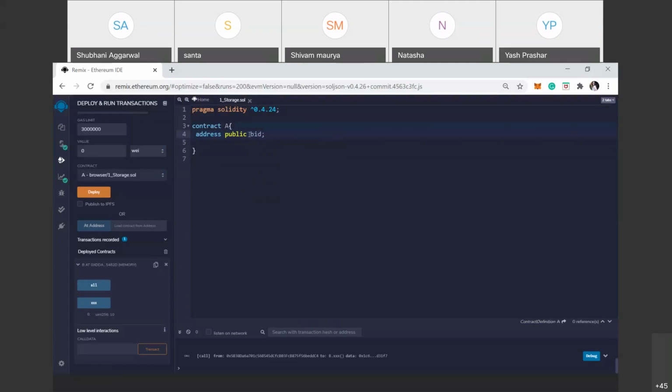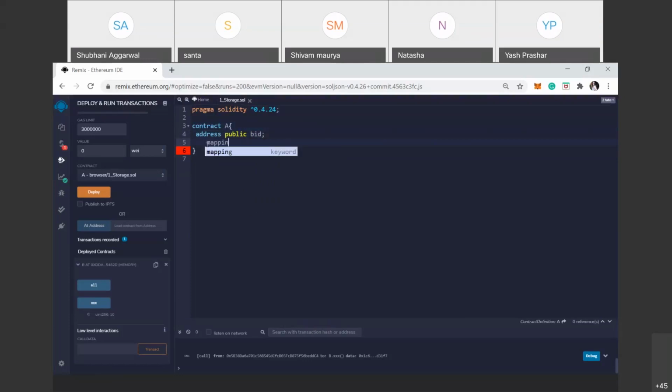So we define here that bids returns the value in address form. But if you want the bids variable to return the value in another form instead of address, then you use mapping.